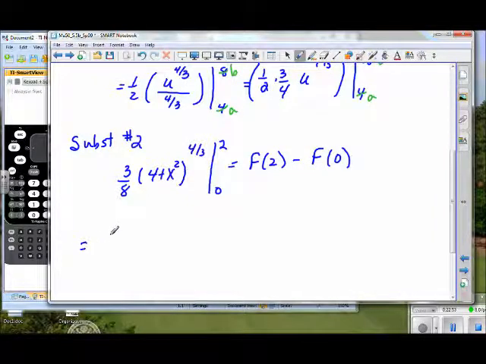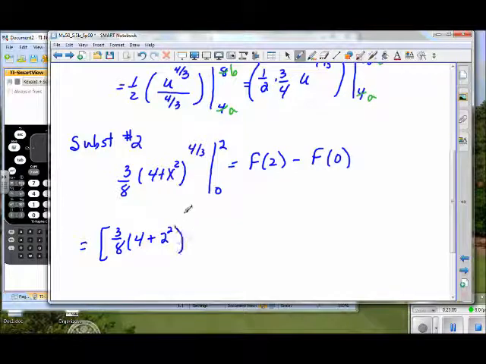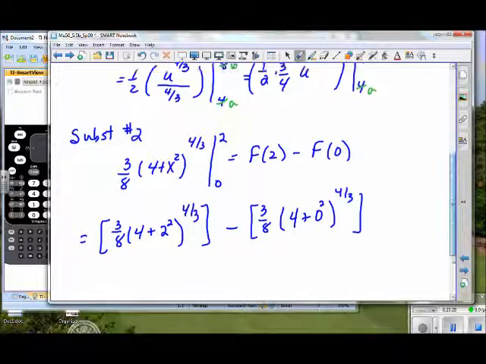So with that in mind, we're going to have 3/8 times the quantity 4 plus 2 squared, I'll put it in as 2 squared so we can see where we get the 4, to the 4/3 power, minus, I'm going to go through the same thing, but now replace the input with 0, minus 3/8 times the quantity 4 plus 0 squared to the 4/3 power. We want to simplify our arithmetic